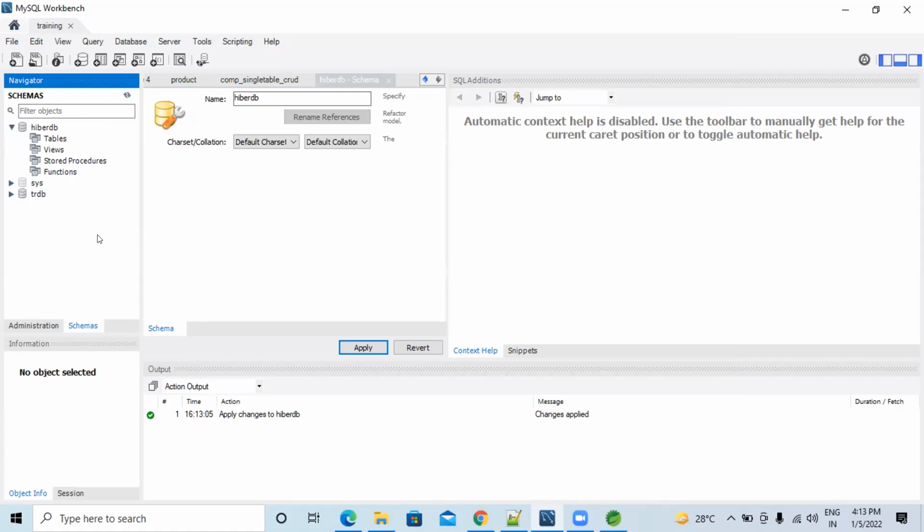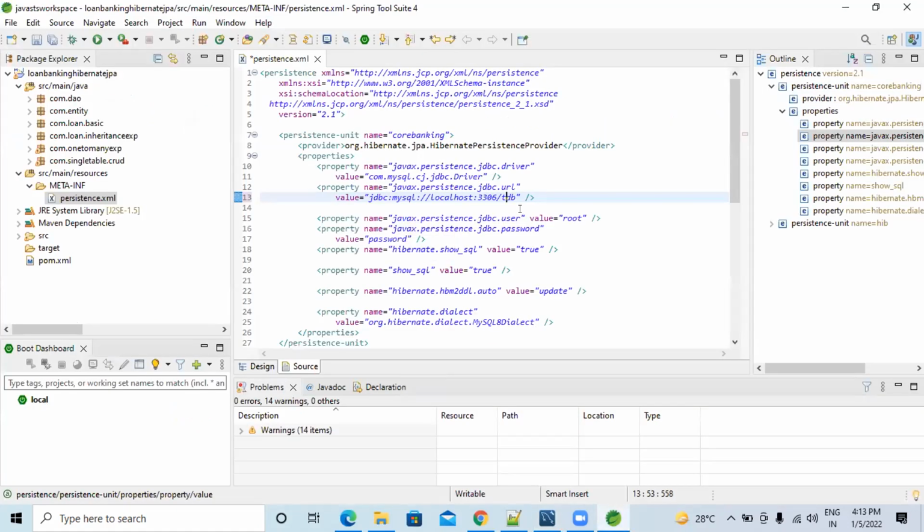Okay. So now go to the change in the SGS, change it to HyperDB. Change username and password on the 15th and 16th lines. This is the password, root.